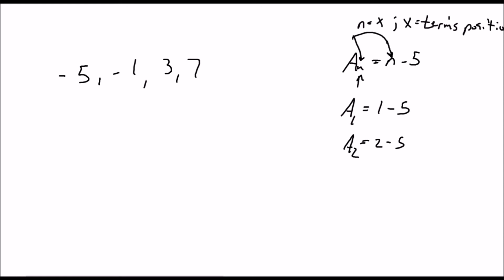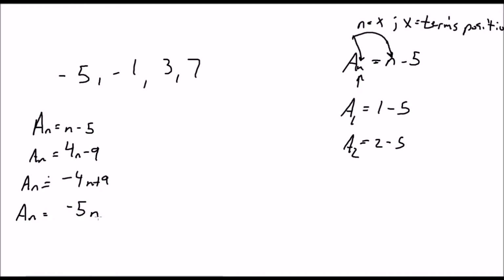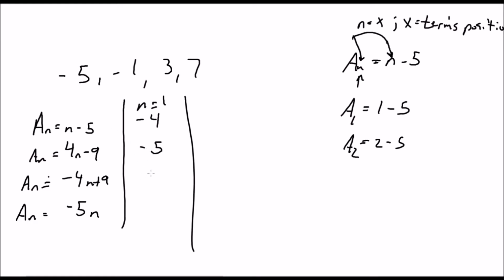Okay. So now we're going to look back at our potential answers here. We have a sub n is equal to n minus 5. A sub n is equal to 4n minus 9. Negative 4n plus 9 and negative 5n. So let's just go through here and say, when n is equal to 1 for each of these, you're going to have negative 4. 4 minus 9 is negative 5. Then we have negative 4 plus 9 is positive 5. And negative 5, because negative 5 times 1